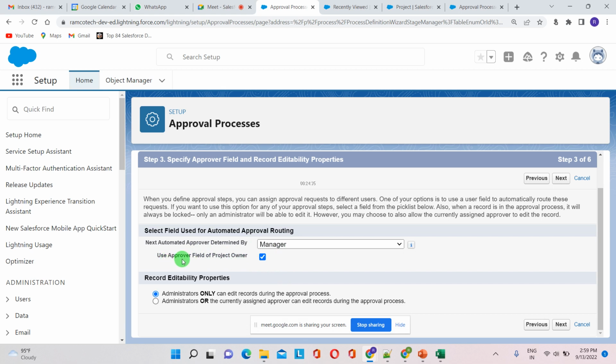What does that mean? Approver means the project owner object is there, right? For that object, the owner also has to be the approver. So here I'll be the owner, so I do not need to give this one. We'll see in this way also now. Okay. So administrators only we can see. So click on it. Next,